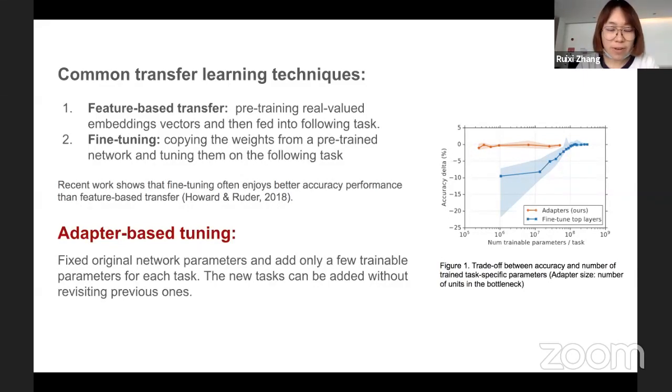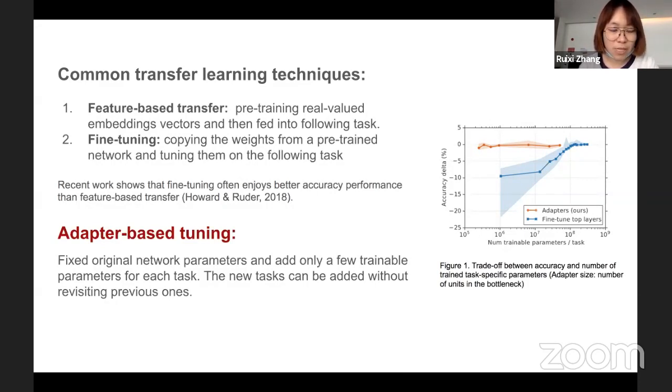And the second one is fine-tuning, where we copy the weights from the pre-trained neural network and tune them on the following tasks. As Howard's 2018 work shows,